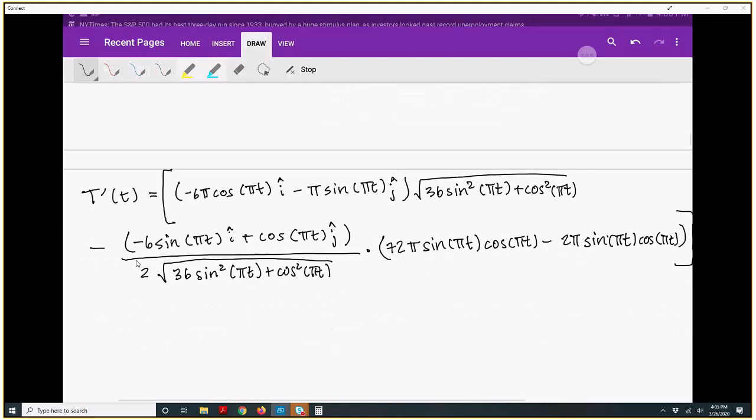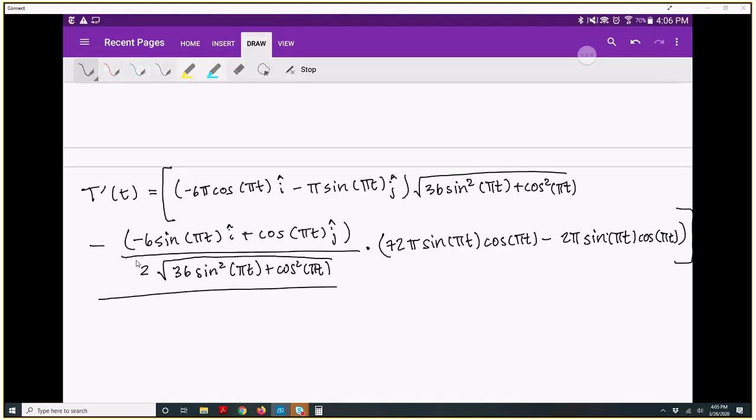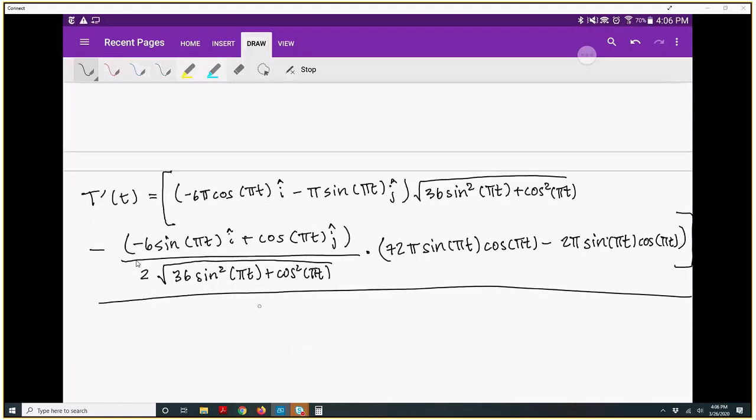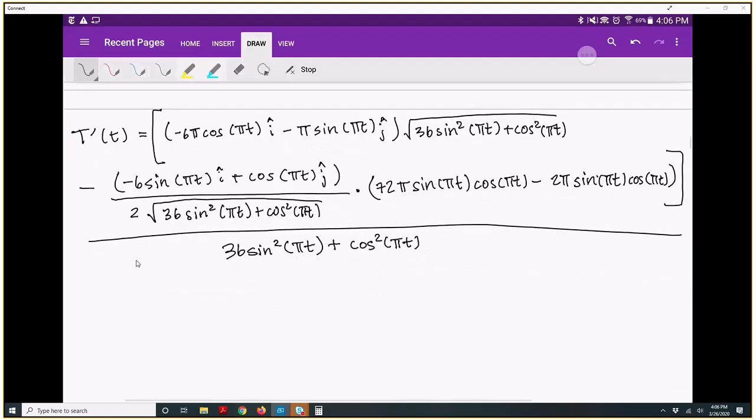Now all of that needs to be divided by the square of the bottom. So that's going to just be our 36 sine squared of pi t plus cosine squared of pi t. Okay, let's see what we can simplify here. So first of all, I want to get rid of this fraction. So let me multiply by 2 square root of 36 sine squared of pi t plus cosine squared of pi t everywhere. So this is going to be equal to,